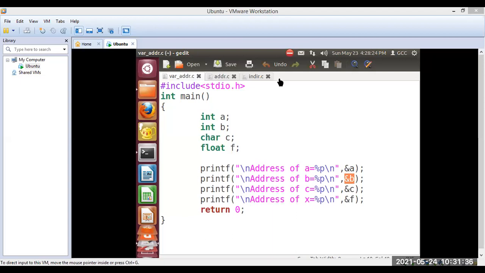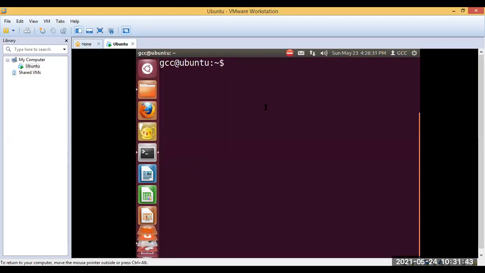So let me run this program. We'll go to the terminal. First we will compile, so we will write gcc. I hope you remember how we compile the program, followed by the program name. What was the program name?